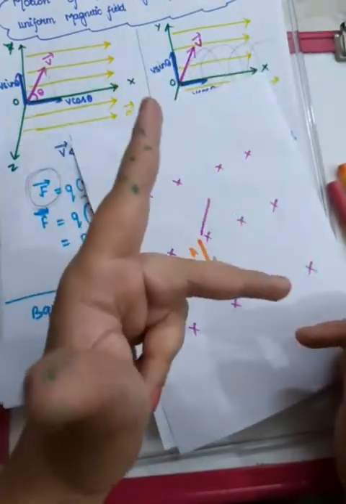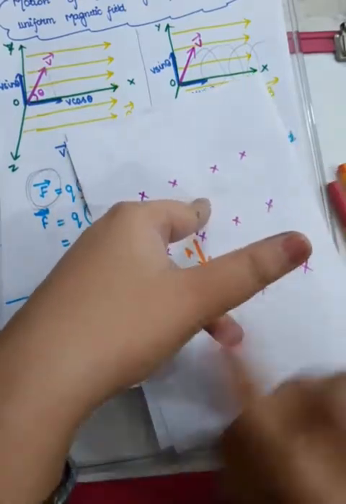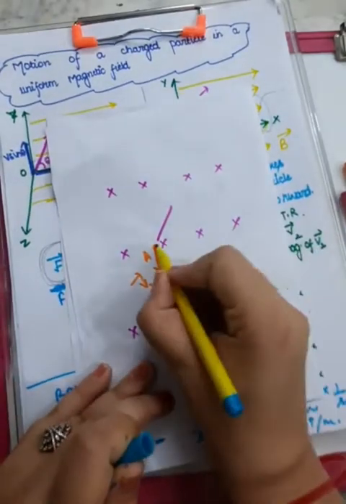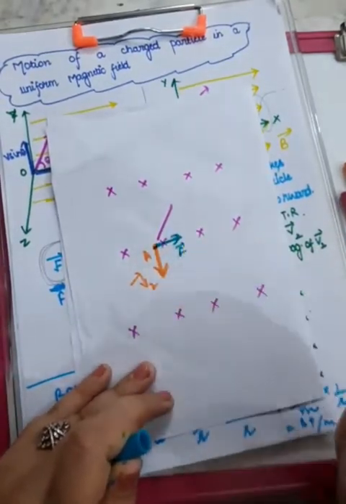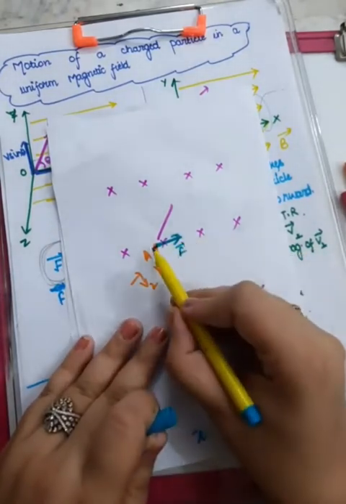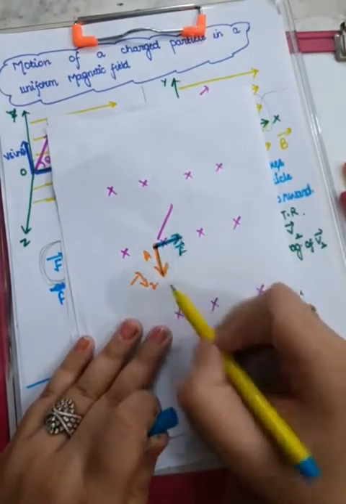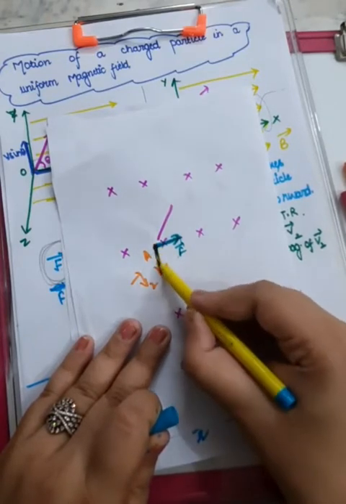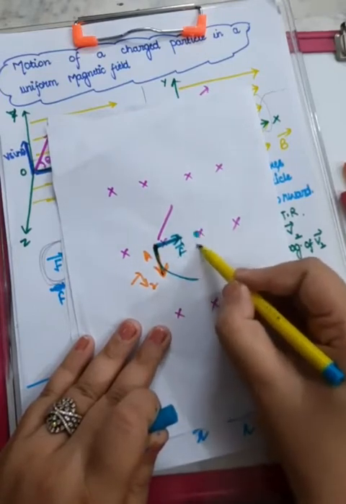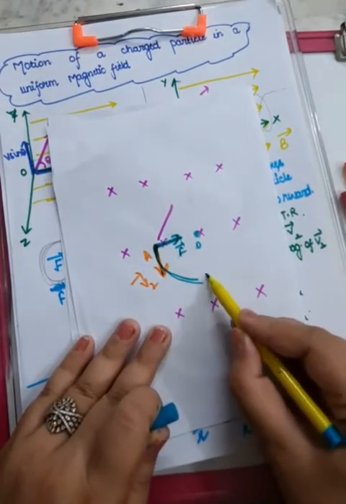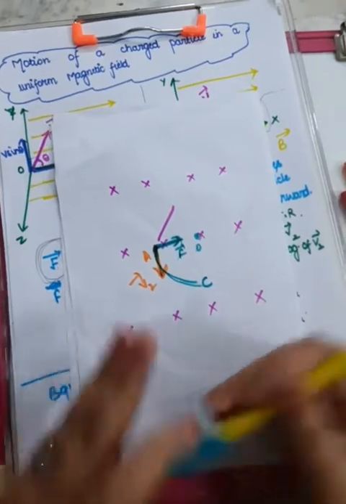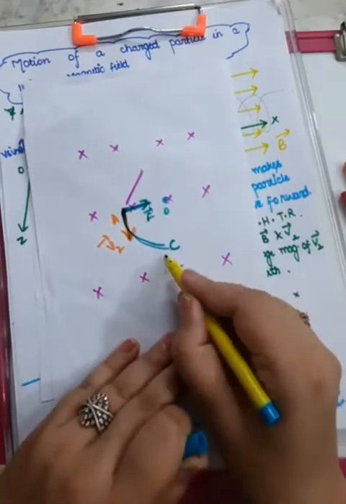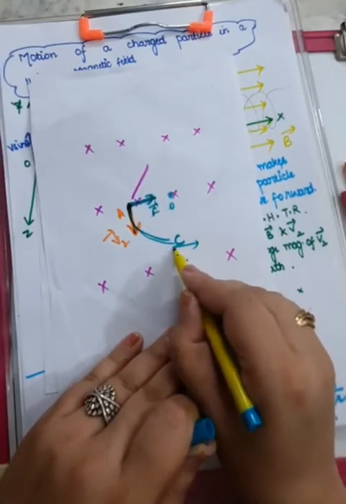You have to keep the fingers mutually perpendicular. So this is the direction of force. This force is directed along here, something like this. Okay. Now what will happen: this force is again perpendicular to the velocity, so this force will tilt it a little. And suppose after getting tilted, this is some center, after getting tilted it reaches point C. Suppose now when it reaches point C, the same situation will happen. This will be the direction of the V2 vector.